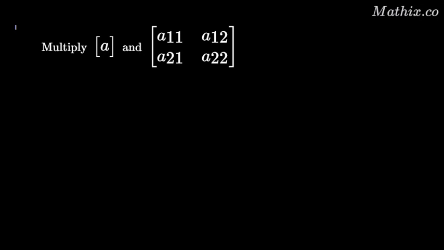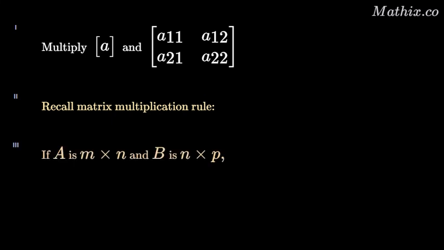The problem is to multiply a 1 by 1 matrix and a 2 by 2 matrix. Matrix multiplication requires the number of columns in the first matrix to equal the number of rows in the second. Here, the first matrix is 1 by 1 and the second is 2 by 2, so the inner dimensions do